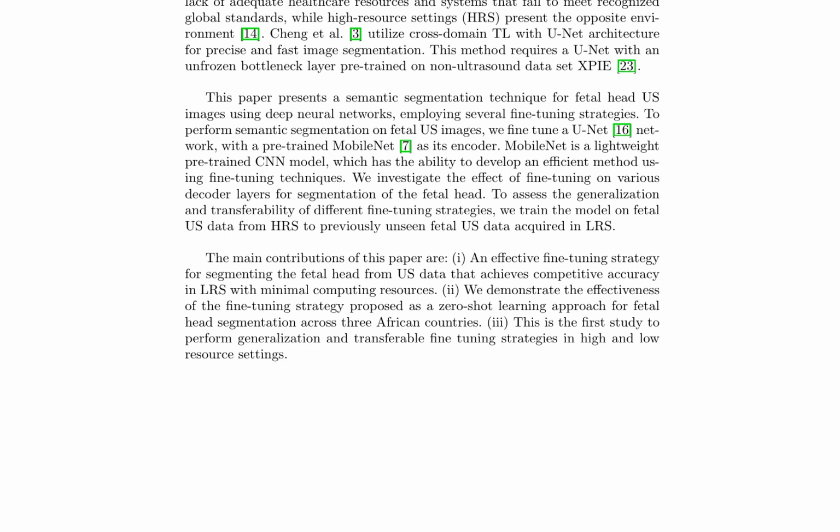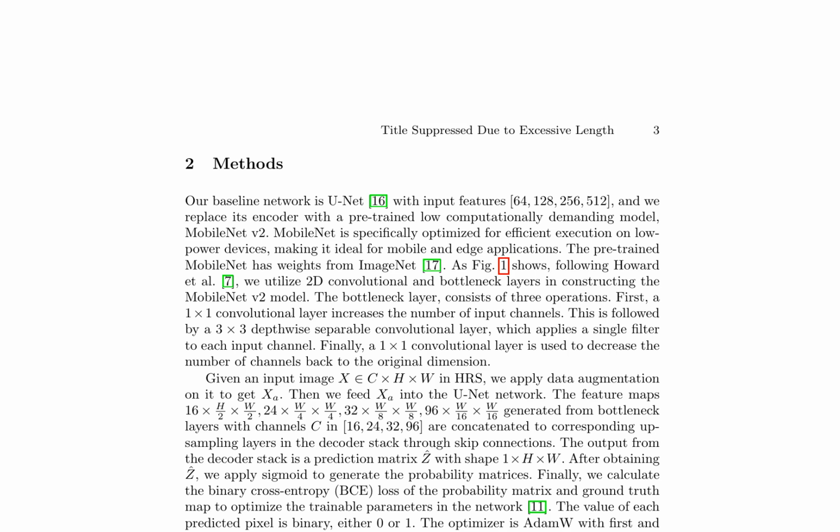The authors investigate the impact of fine-tuning different decoder layers for fetal head segmentation and assess the generalization and transferability of their approach. They demonstrate the effectiveness of their fine-tuning strategy as a zero-shot learning approach for fetal head segmentation across 3 African countries. This study is the first to perform generalization and transferable fine-tuning strategies in both HRS and LRS. The segmentation task employs a UNET architecture with a pre-trained MobileNet v2 as the encoder, chosen for its efficiency